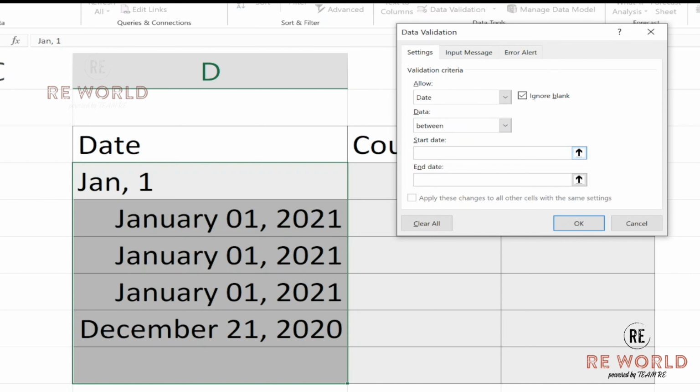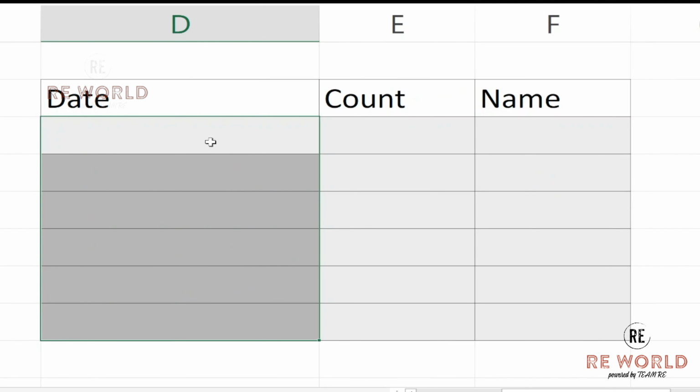I want a date to be added only from 1st 2021 to, and the end date is 31st January 2021. Okay, right. I'll delete it.